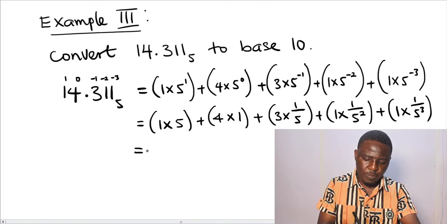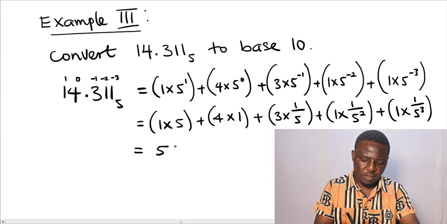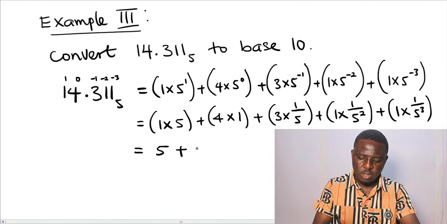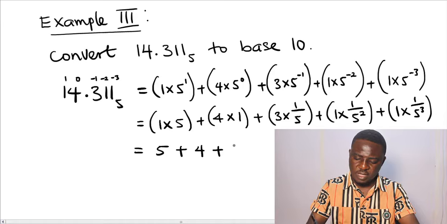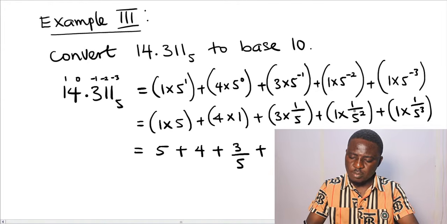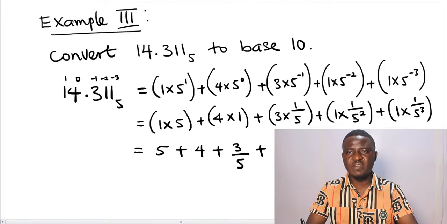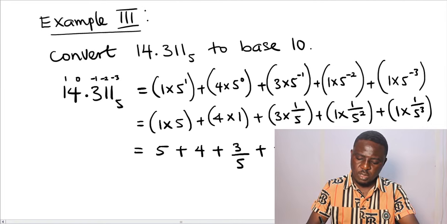Let's simplify further. This becomes 1 times 5 is 5, plus 4 times 1 is 4, plus 3 times 1 over 5 is said to be 3 over 5, plus 1 times 1 over 5 squared. 5 squared is said to be 5 times 5, and 5 times 5 will give you 25. So 1 times 1 over 25 is said to be 1 over 25, plus